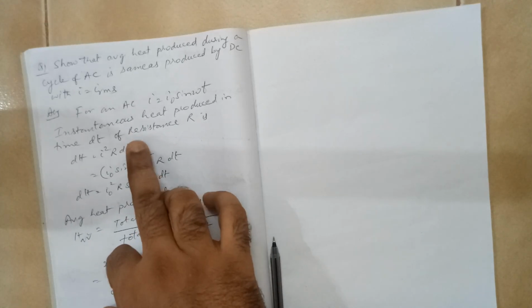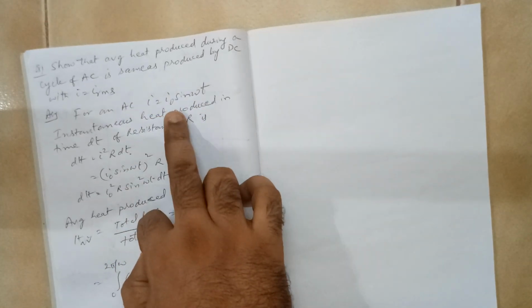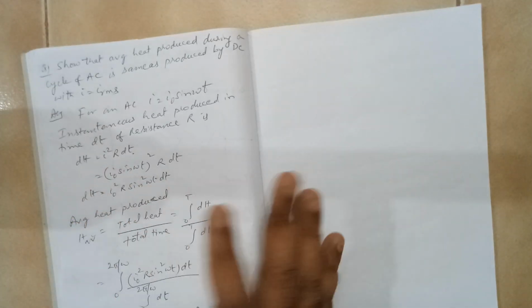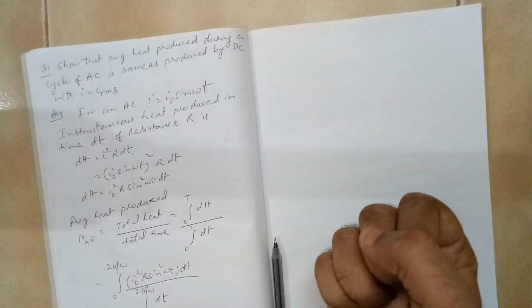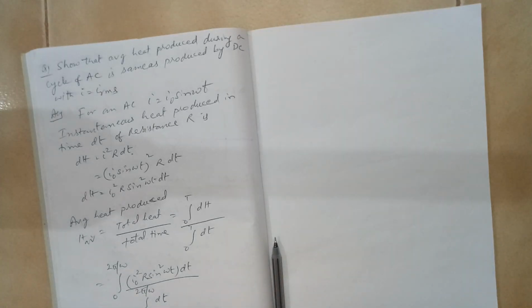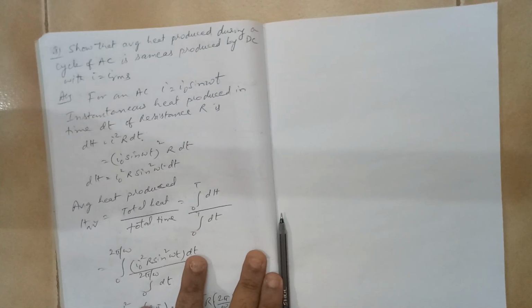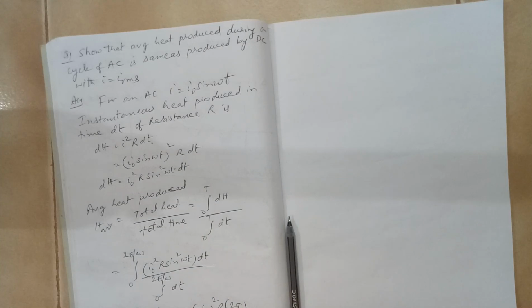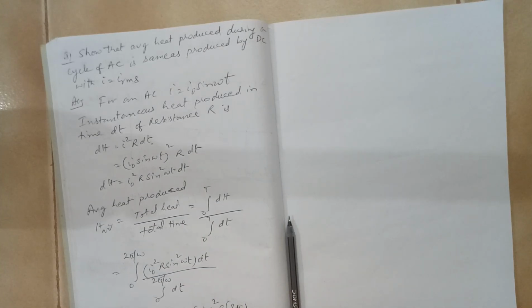Where if it is an AC, it is a sinusoidal variation. I is equal to I0 sine omega t. I am assuming that there is no phase, the phi value is 0. Now you want to understand what is the heat produced. If you connect it to a circuit, obviously because of the resistor, there will be some heat produced in the wire. Now how do you get that? So you take a small incremental time dt. You know that this energy is equal to power multiplied by time, right?